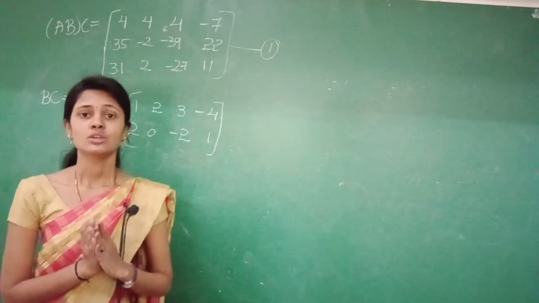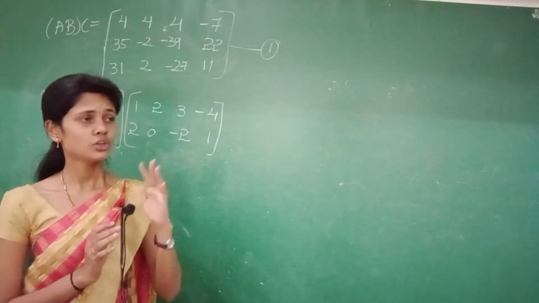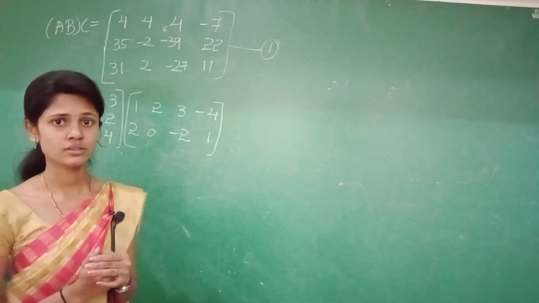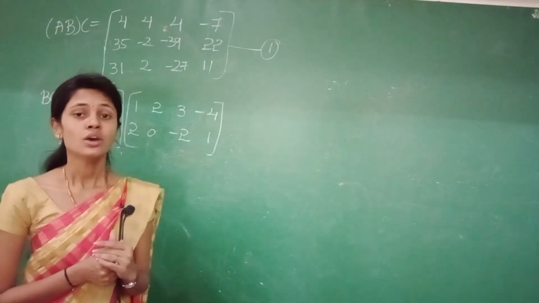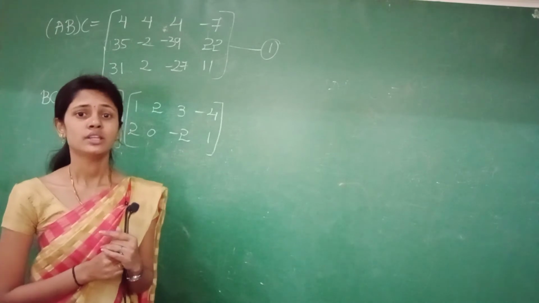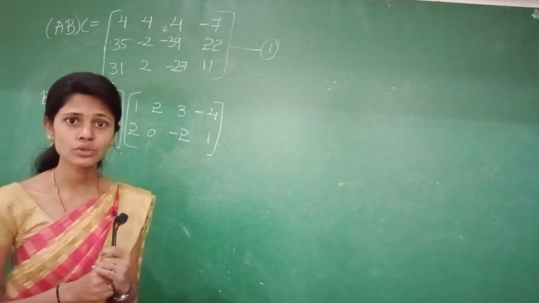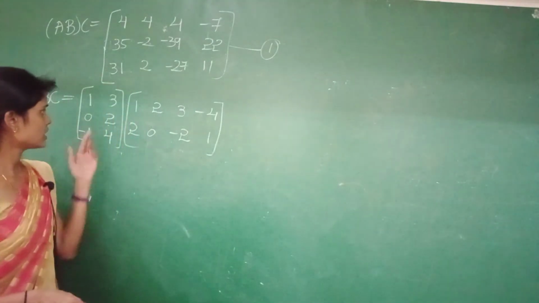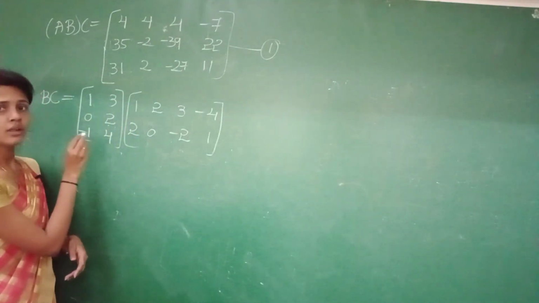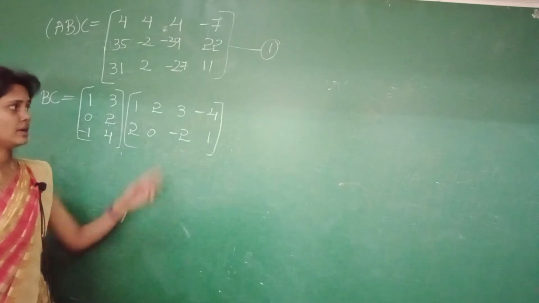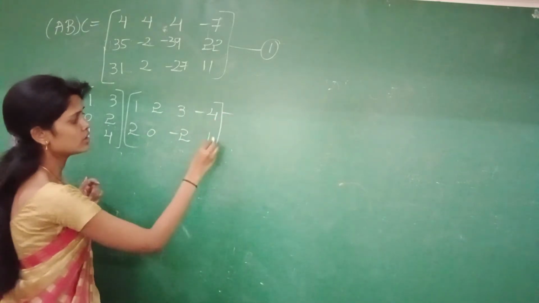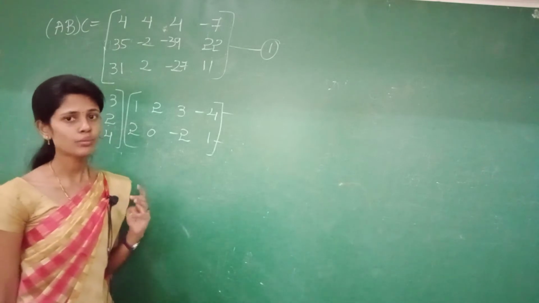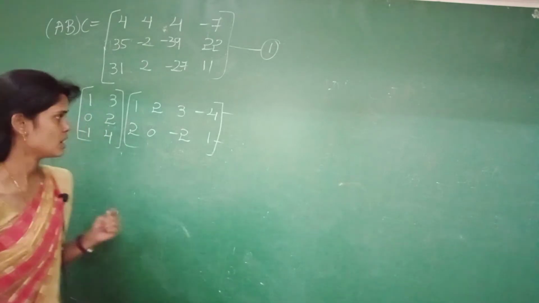BC it is. So to find out the product of two matrices, once again what you have to find out? Firstly you have to look out the number of columns must be equal to the number of rows in the two matrices. Right, then check here how many columns were there? 2 columns were there, and here how many rows were there? 2 rows were there. Then directly you can go for the multiplication of two matrices.